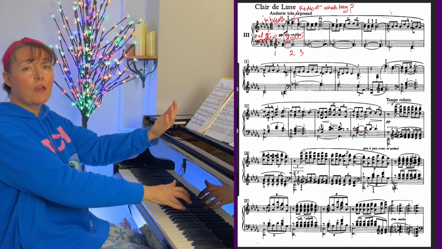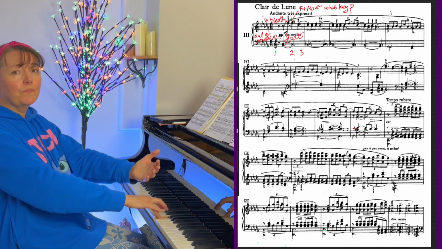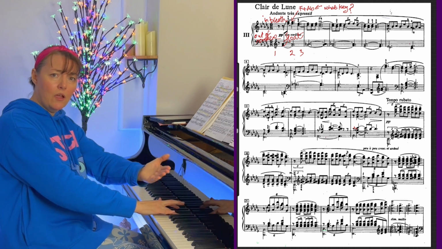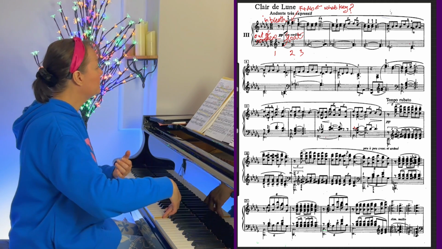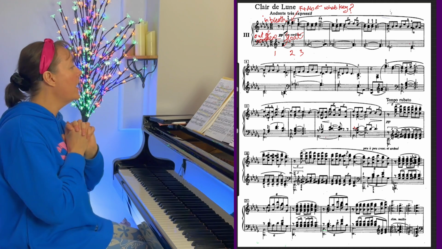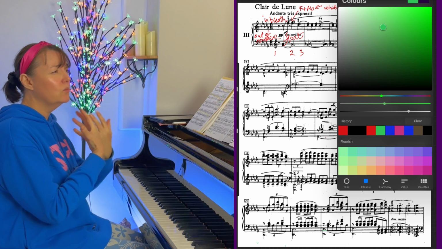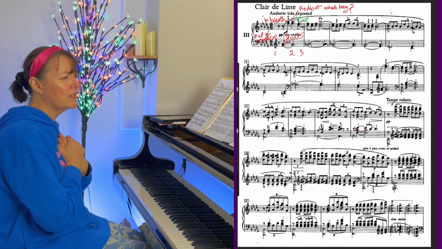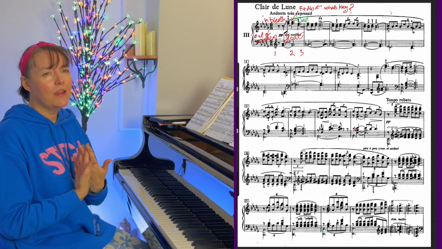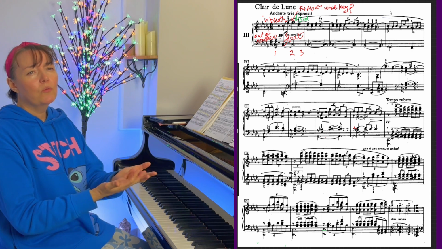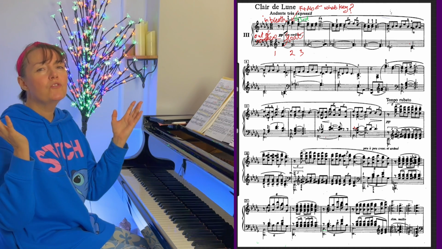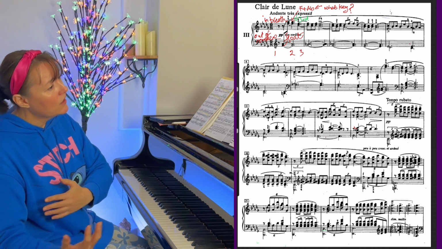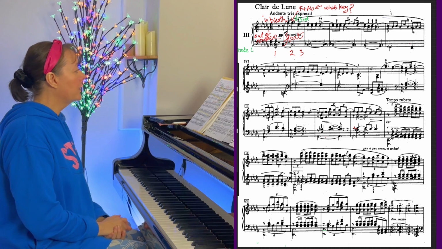The opening thirds theme. Rising and then descending a third. We're andante tre espressive, so at a walking pace, so neither too quickly or too slowly, and very expressively. We're going to take time, as if we're on a walk, to take in all the beauty, and we may pause here, we may move on, so we're going to be flexible, like Debussy said